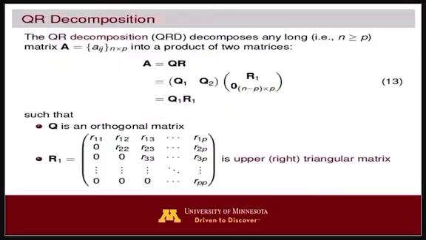Now, I want to go into QR decomposition. In a QR decomposition, we want to decompose any matrix A, and it can be used for n equal to P or n greater than P. It's like partitioning matrix A into two entities, Q and R. Q is an orthogonal matrix, and R, the arrow here, is the upper right triangular matrix. But like I said,